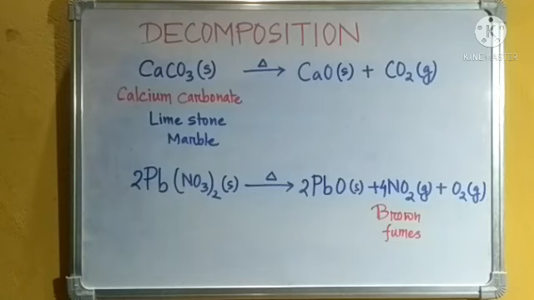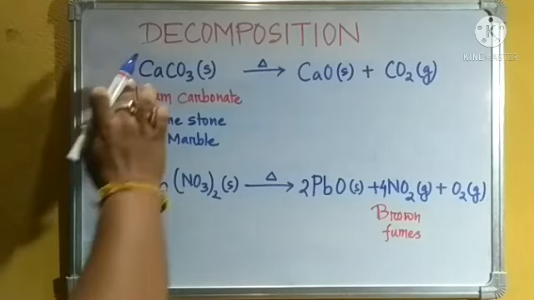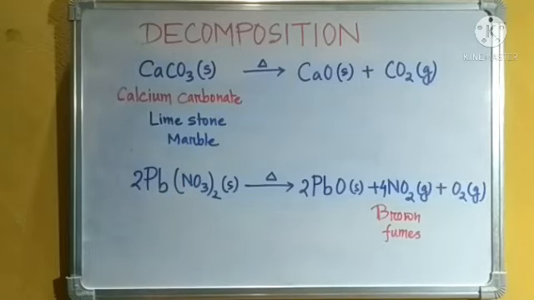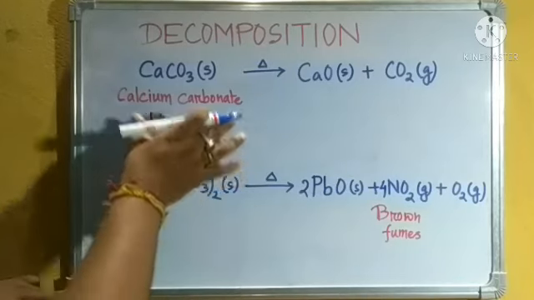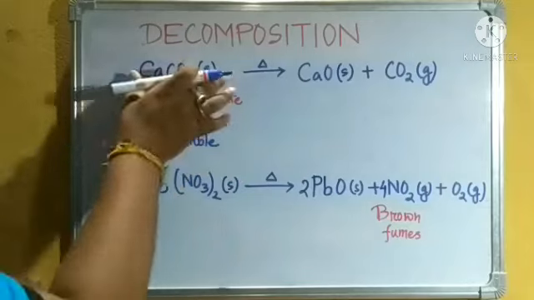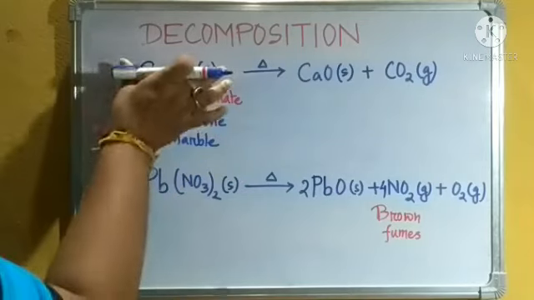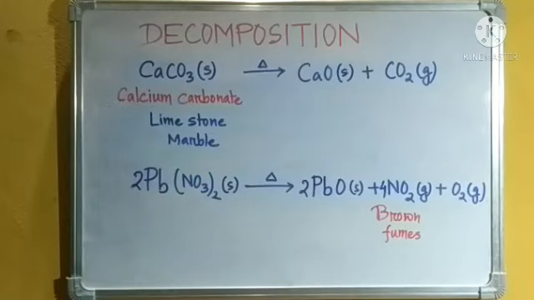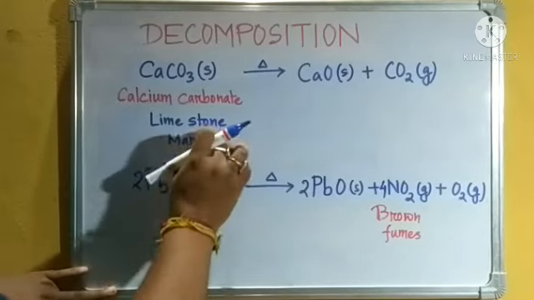Now we will be looking at two more examples that are discussed in your book. One is a very common thing. The chemical name of this is calcium carbonate. We discussed this in our previous class also when we were learning about whitewashing of walls. In your book it is given as limestone. So limestone also contains calcium carbonate, but the chemical name of this is not limestone. The chemical name of this is calcium carbonate. Marble and limestone both contain